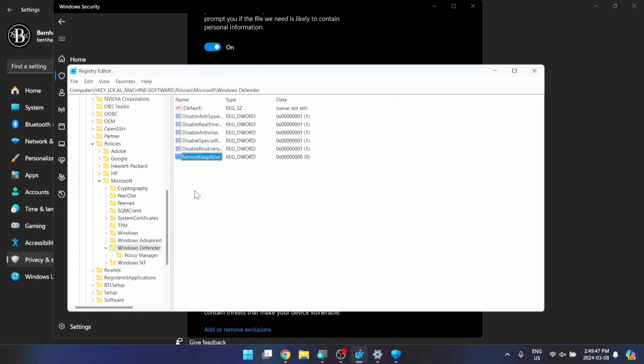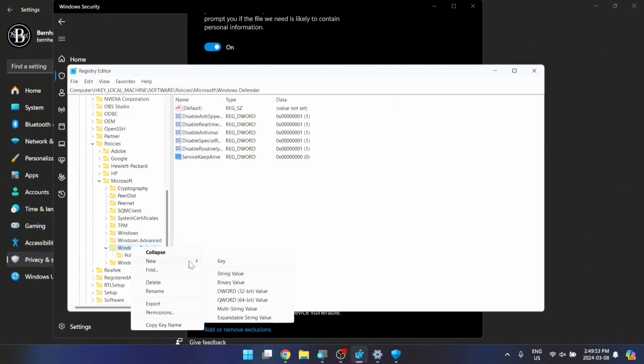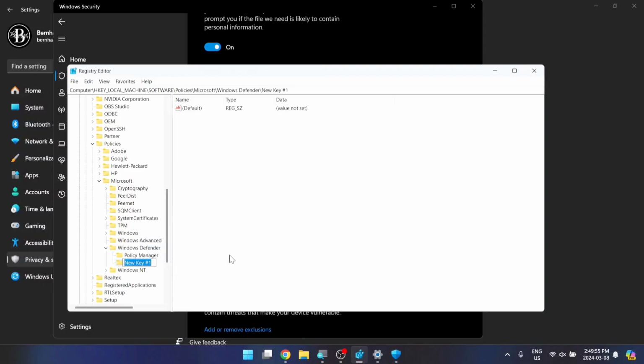So now we need to create a new key in here inside Windows Defender. So right click on it, new, and then hit key. And we're going to call this Real-Time Protection and then go into it. Okay, now over in the right side here, we need to create a list of new